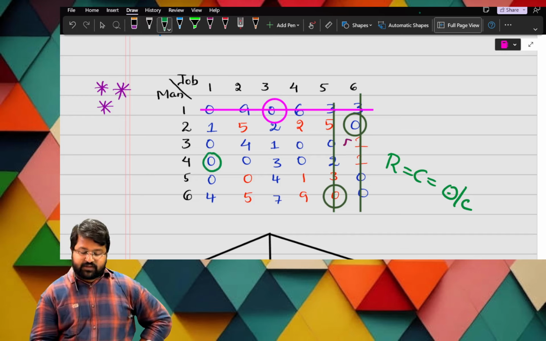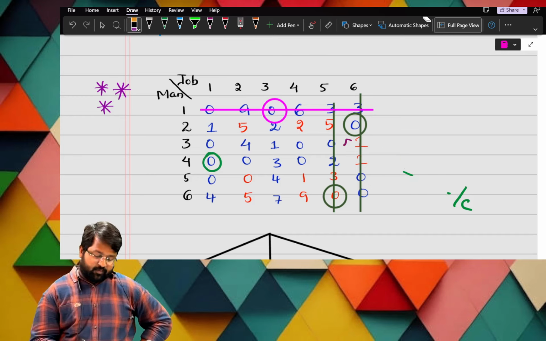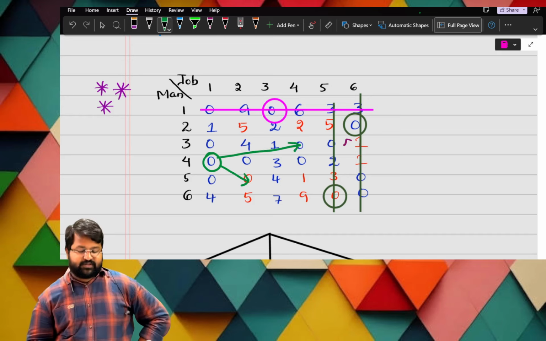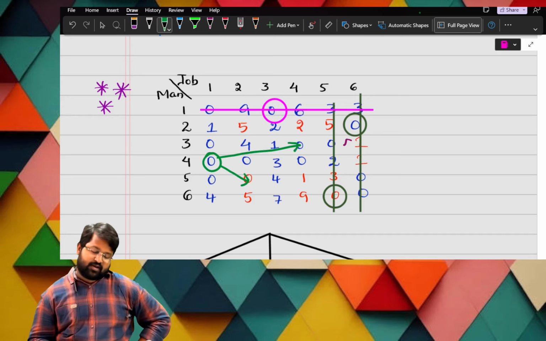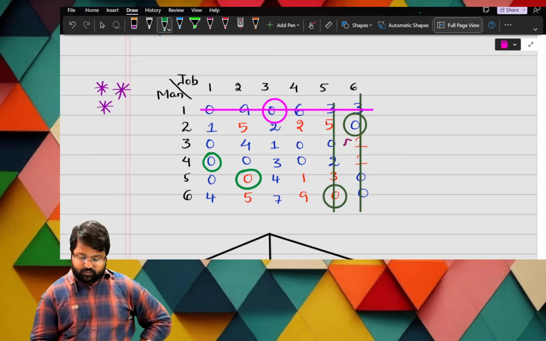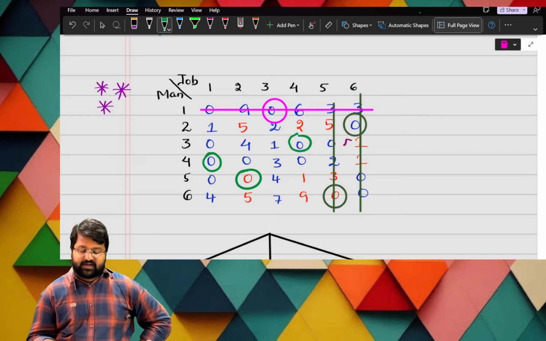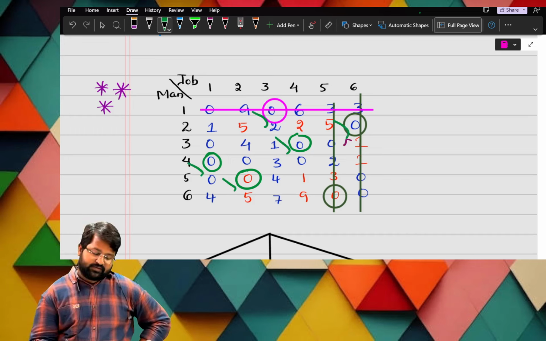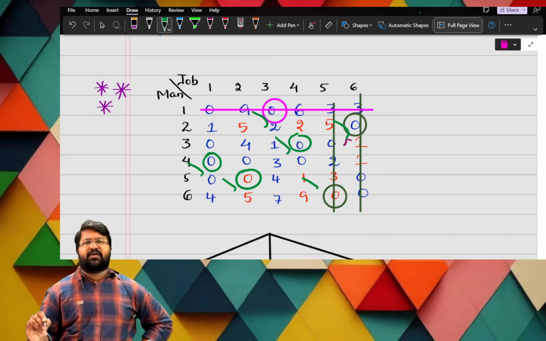So I will select this 0, sir. Now what are the diagonal opposite zeros, sir? You tell, ma. This is diagonal opposite and this is diagonal opposite. Am I right? Yes, sir. So now I have identified this 0. Which 0 shall I select? I will select this 0, sir. Super. For this, what is the diagonal opposite, ma? This one is the diagonal opposite. So I selected it. How many zeros do you count, ma? This circle 1, 2, 3, 4, 5, 6. Sir, super. This is also done, sir.